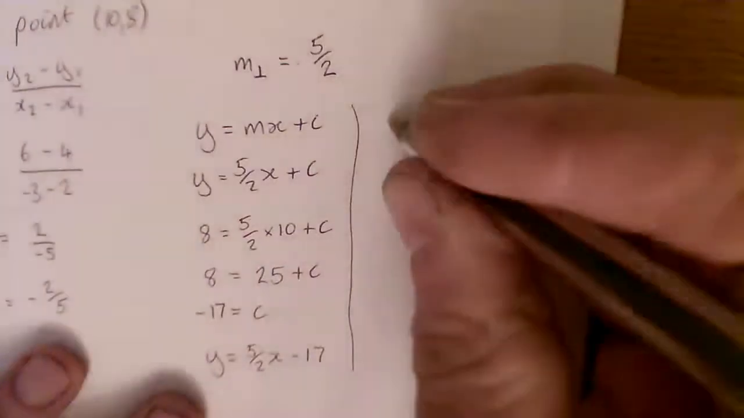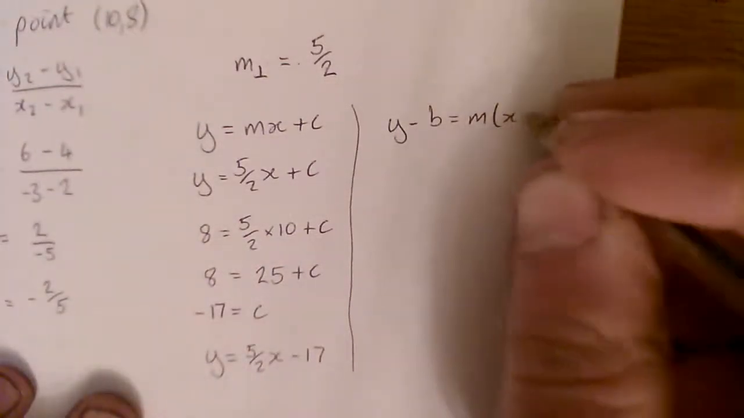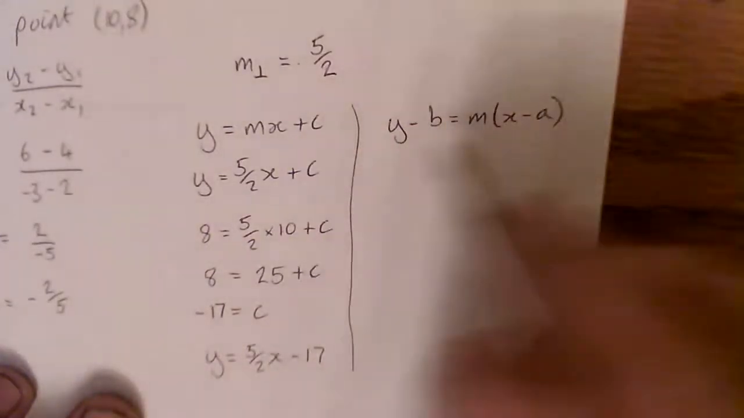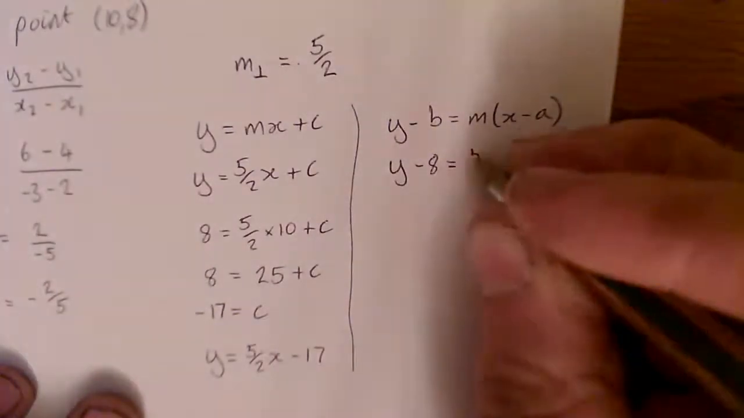Using our second method, just so you've got it, y minus b equals m(x minus a). As I say, you don't need to do both. I'm just showing you whichever one you're comfortable with, you can use. So we get y minus 8 equals 5 over 2 (x